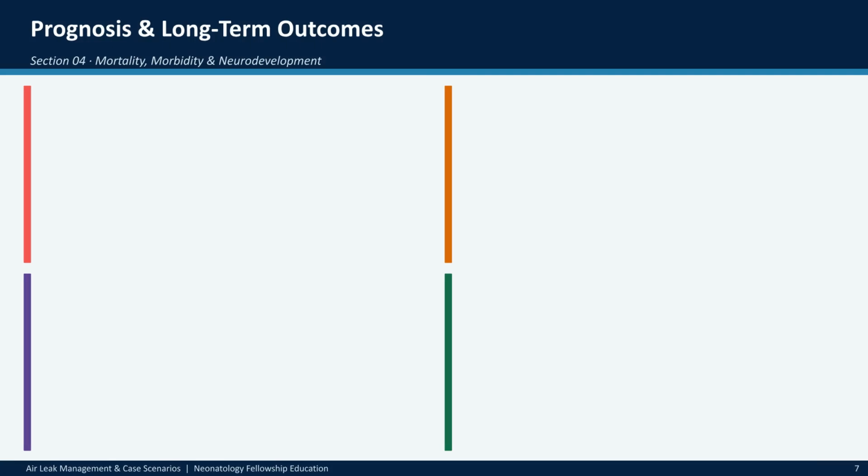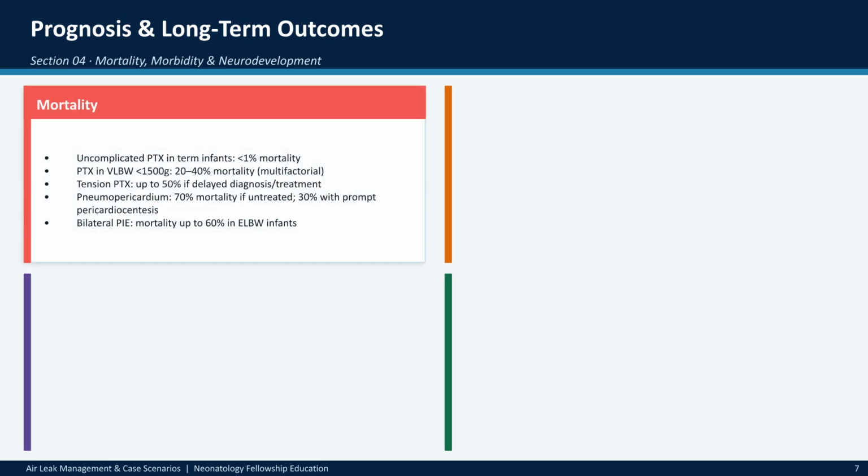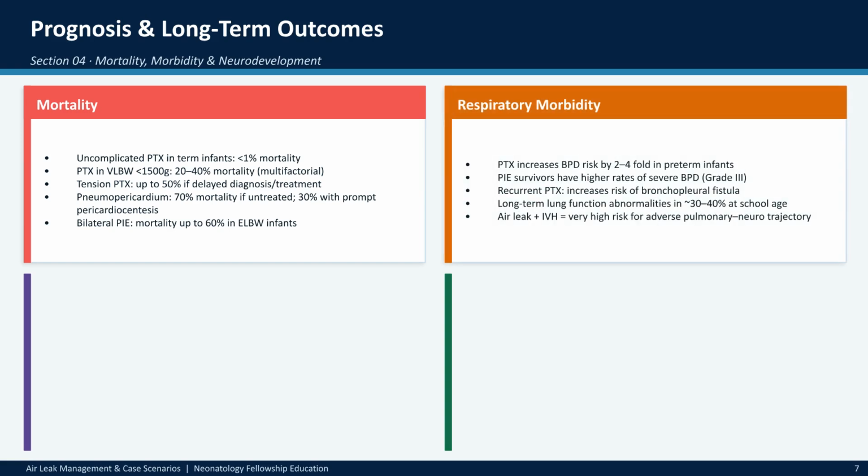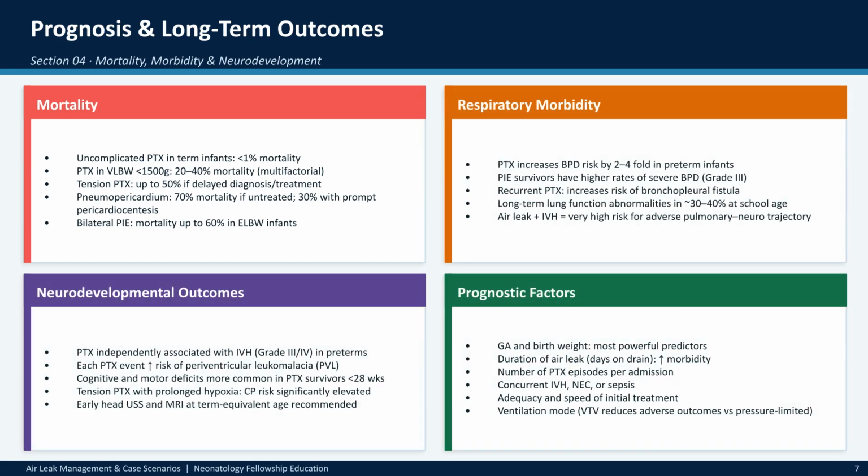Prognosis in air leak syndromes involves mortality and morbidity risks. Mortality for uncomplicated pneumothorax in term infants is low, but rises significantly in very low birth weight infants. And with tension pneumothorax or bilateral PIE, respiratory morbidity is increased, and neurodevelopmental deficits are a concern, particularly with concurrent